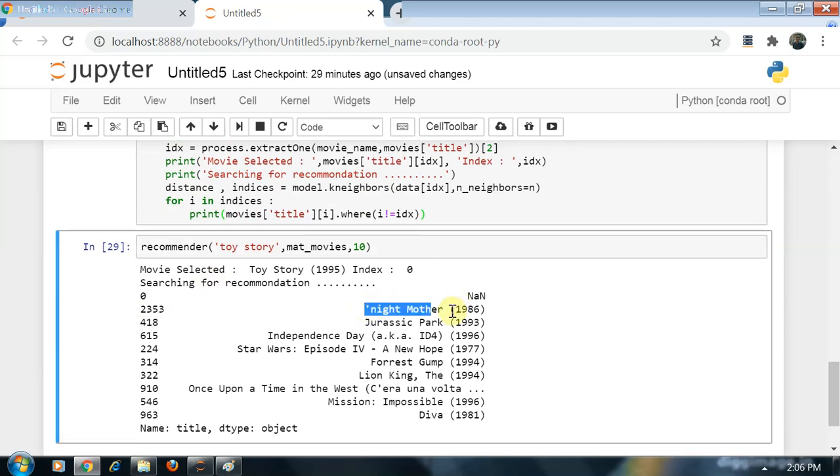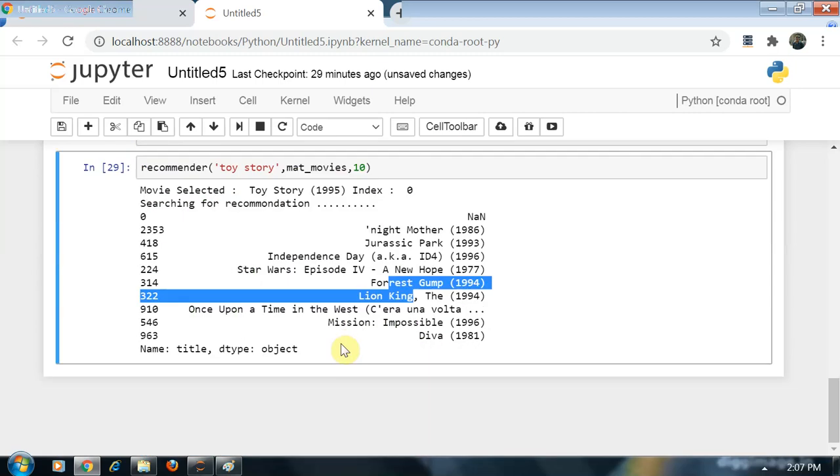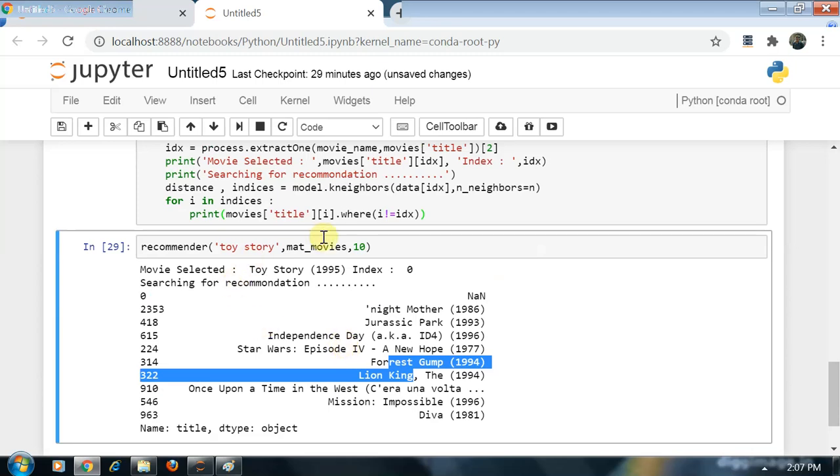It is giving us the 10 most recommended movies with respect to Toy Story. Here you can see Nightmother, Jurassic Park, Independence Day, Star Wars, Forrest, using the concept of cosine similarity and k nearest neighbors. Look at another movie,